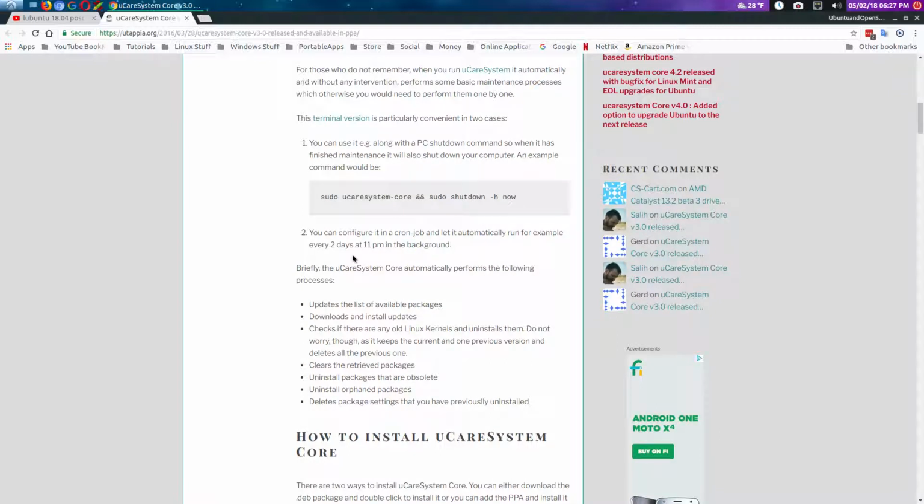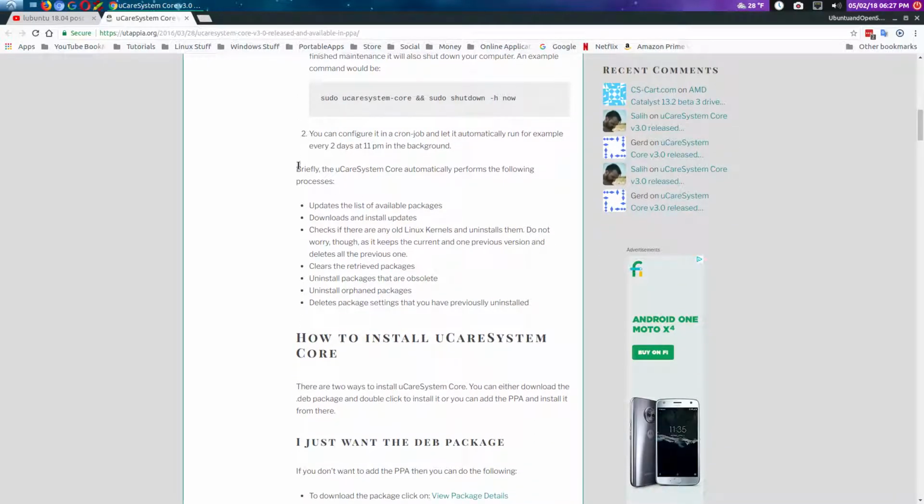For those who do not remember, when you run uCare, it will automatically and without any intervention perform some basic maintenance processes which otherwise you would need to perform them one by one. So there is a terminal version, and it has briefly the